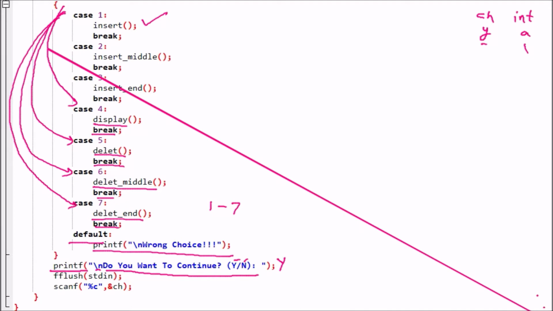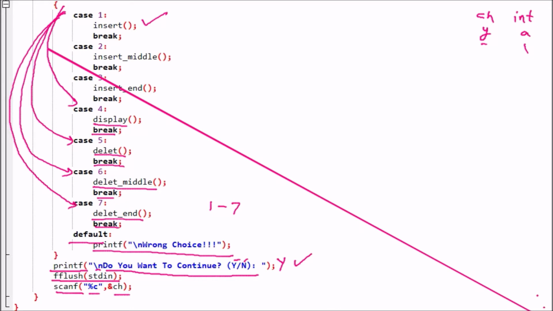If the user presses the capital Y, the earlier value will be flushed, flush stdin, and we will take the next value, which is Y, and again the while loop will run. So until the user is pressing small y or capital Y, this program keeps on running and doing the insertion, deletion and display functions.